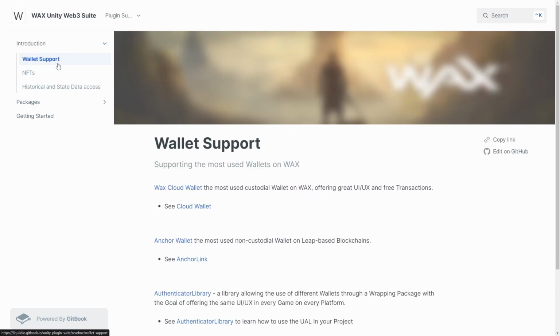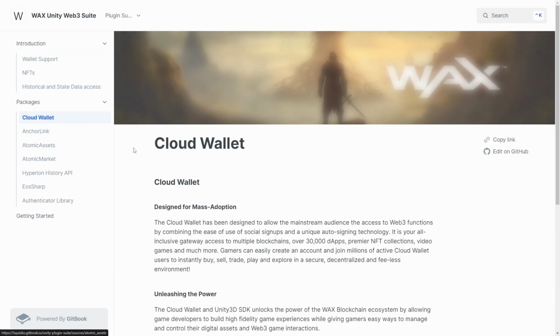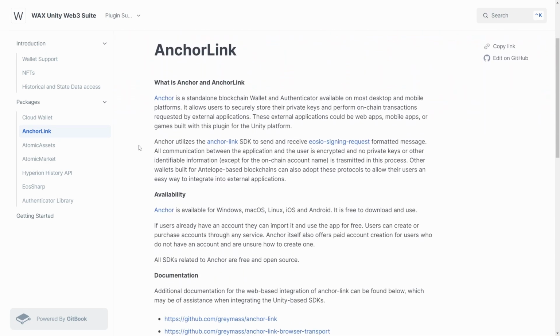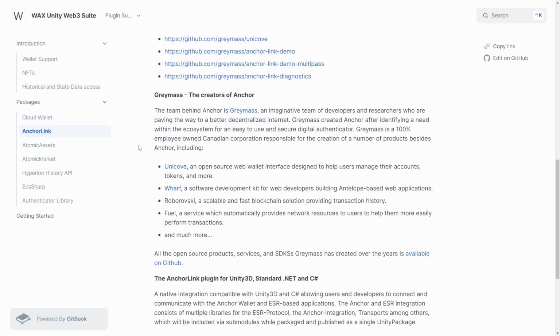So the Unity SDK by Liquiid is a really powerful way for you or anyone else to incorporate the WAX blockchain or any other Antelope blockchain into a game that can be run in the browser or as a client that you download, on mobile, or whatever you want to do. Really nice, it has full support for the WAX Cloud Wallet, Anchor Wallet, or even the UAL, which means that you can use any of the other wallets as well,